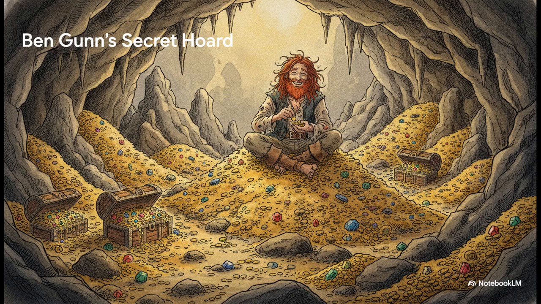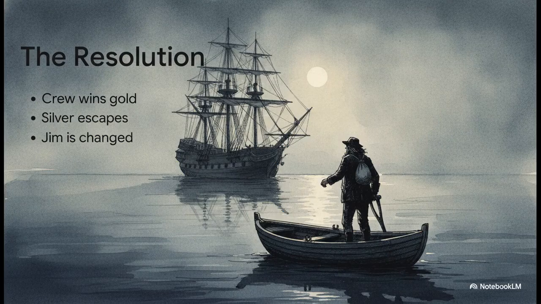But here is the ultimate, incredibly ironic twist. The half-mad, completely harmless Ben Gunn had already found the treasure months ago. Yep, the cheese-obsessed castaway had secretly dug up the entire fortune and moved it safely to his cave, and the loyal crew had known about this the entire time. So just as the pirates are about to turn their weapons on Silver and Jim, gunshots ring out from the tree line. The loyal crew, backed up by Ben Gunn, absolutely ambush the mutineers. The pirates are defeated, and the good guys load this massive, unimaginable fortune onto the Hispaniola.